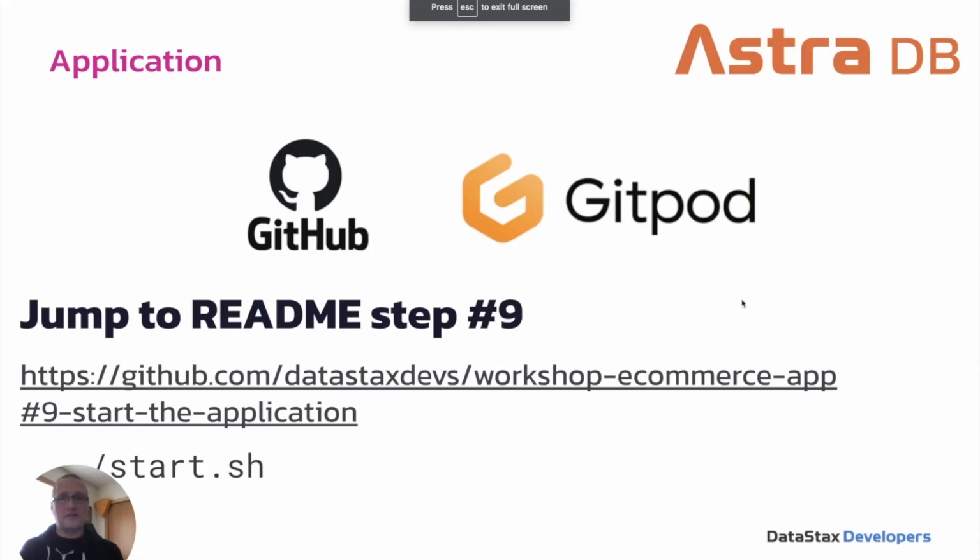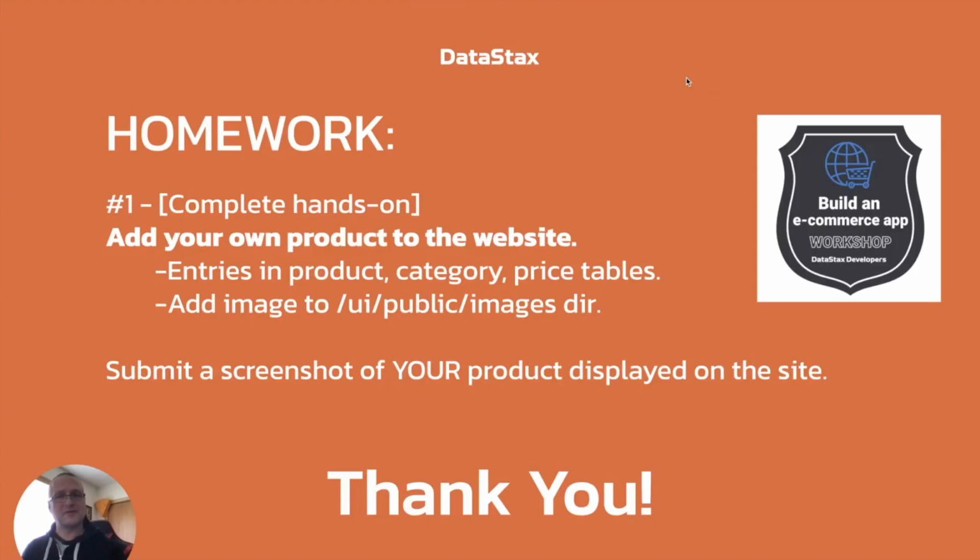All right, so now that we've done that, we come to the homework. So for those of you who would like to earn a badge for this exercise here, the homework is pretty simple. It's add your own product to the website. You can find details on how to do this in step number 4, actually, in the README. But essentially, make entries for your own product in the product, category, and price tables, and then add an image into the